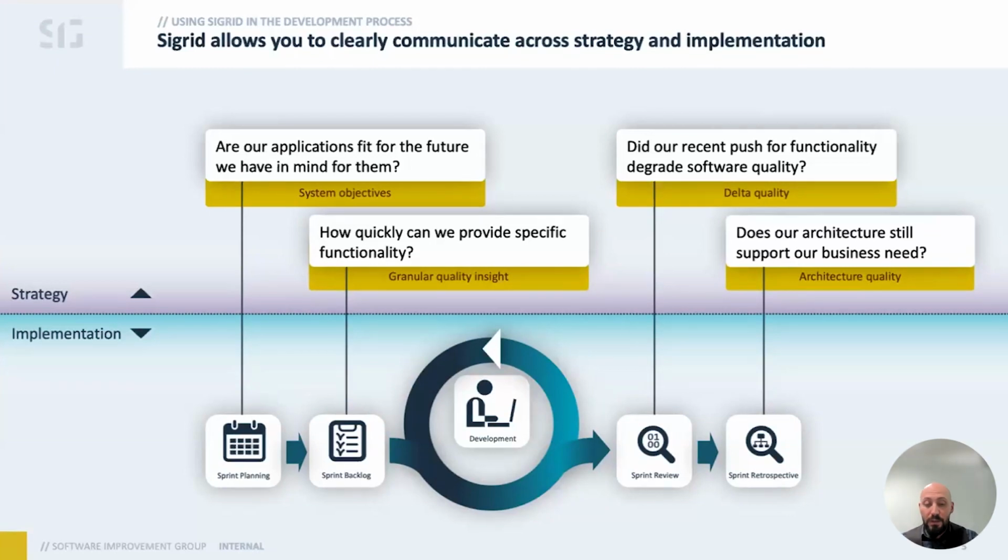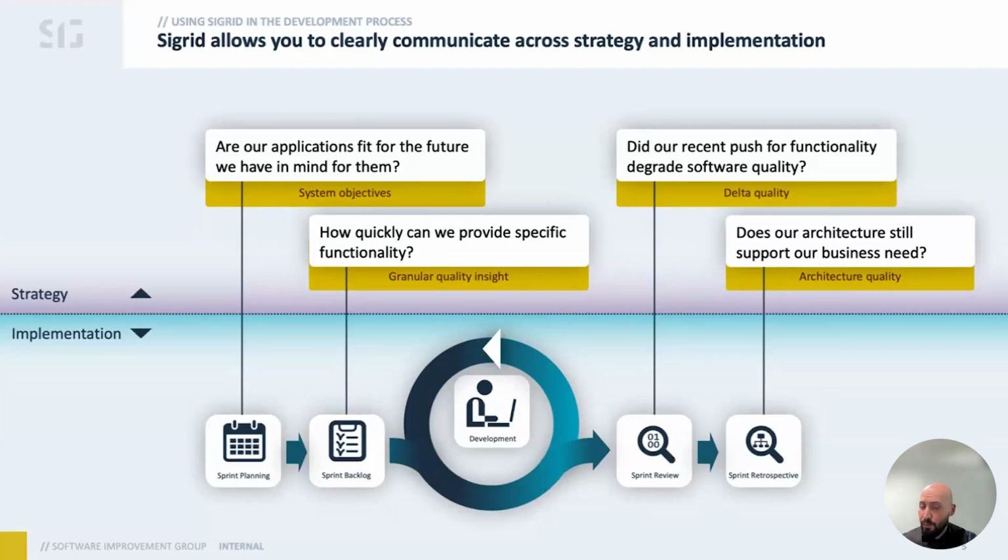So usually, development teams start with the sprint planning. They look at issues and stories they want to put on the backlog. And here is also a good question to ask as a product owner: how much time is that going to cost me? Are all stories alike, or is it also related to the quality of the specific part of code that I'm going to be working on? Then you have the sprint backlog planning. And of course, one of the major questions is how quickly can we do that? Is it the same time? Is it the same effort, the same capabilities or capacities, sorry.